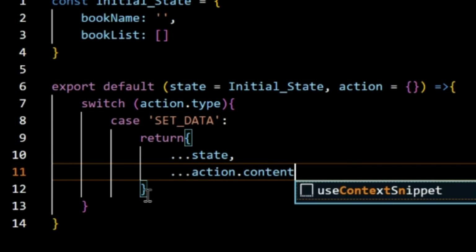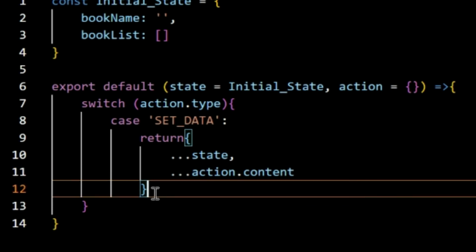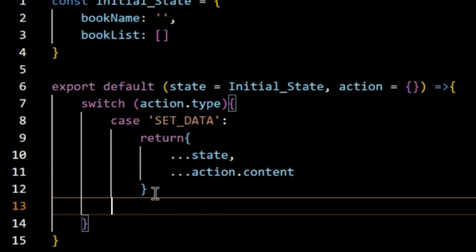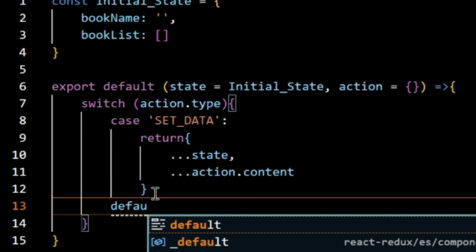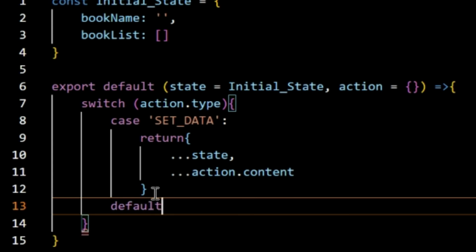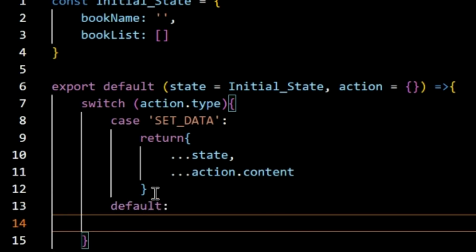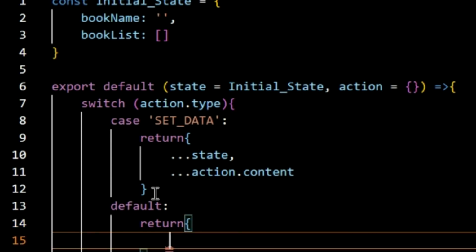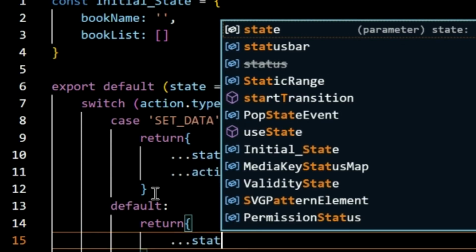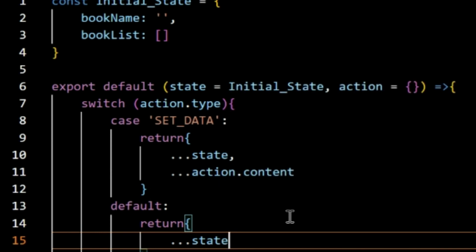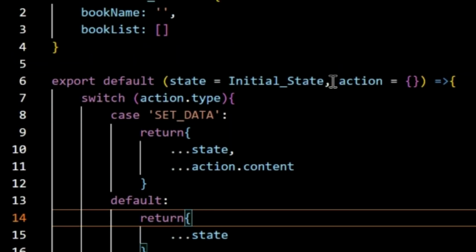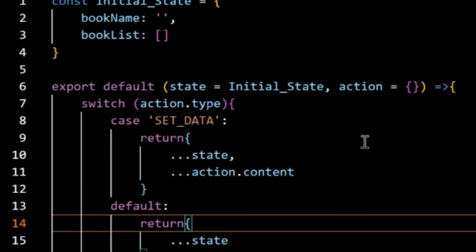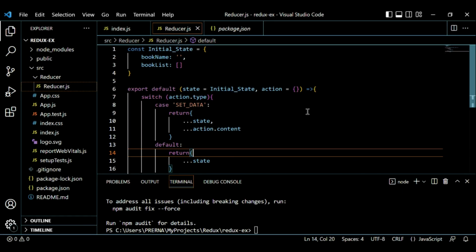So this is done. The next piece is a default case that I want to mention, and return. In this case I'll be returning the state only. So in the default case also I'll be returning the state. So this is what I have done, the coding in my